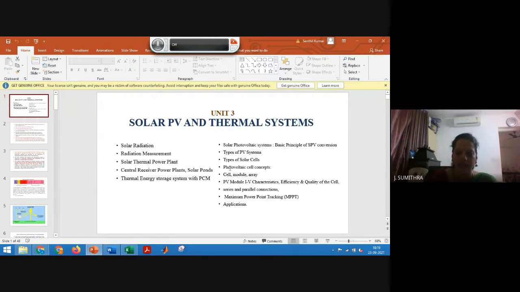After gaining in-depth knowledge of the basic cell concepts, we look at how to obtain the IV characteristics and PV characteristics of a solar PV module, how to determine the efficiency and quality of a single cell or an array, and how cells need to be connected, in series and parallel, to obtain the required voltage and current values. At last, we have the different methodologies used for tracking the maximum power point. Finally, it ends with the applications where solar energy is required.